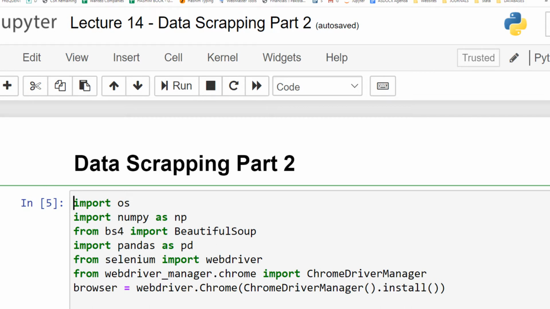We also imported pandas, and then Selenium is the web driver which is based on Chrome. This specific package is required to open web pages and load the web page. Once it is loaded, then grab all its contents. Then comes the part of the Beautiful Soup package that further processes the web contents.